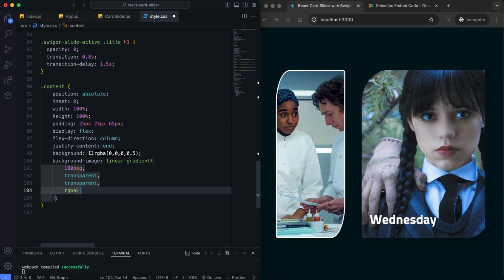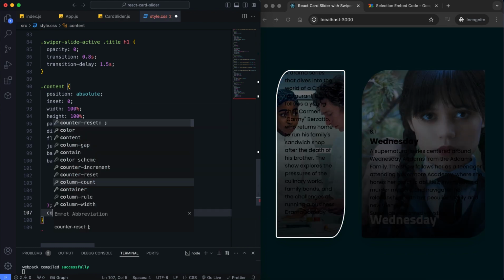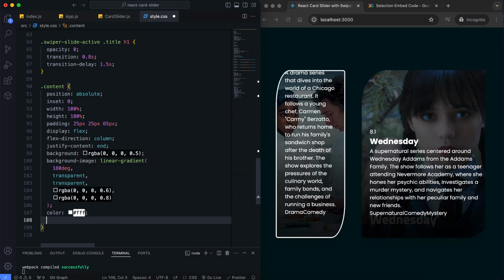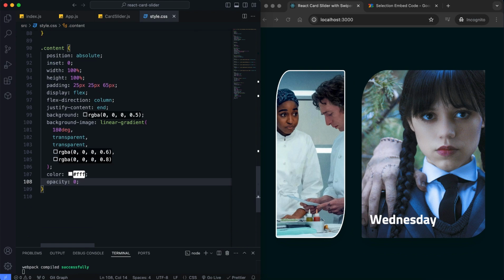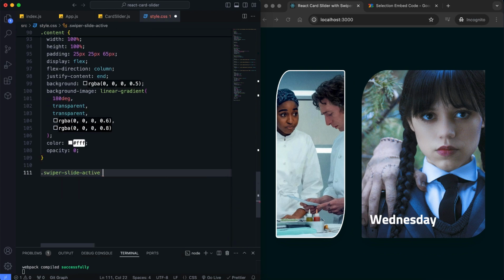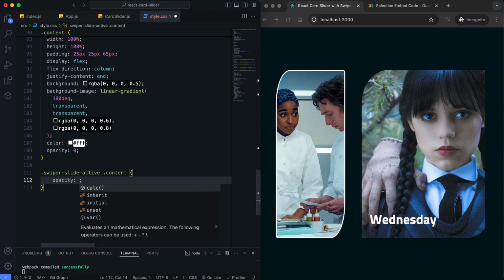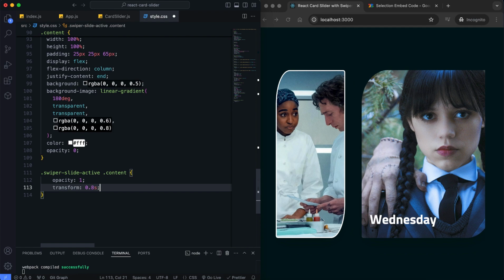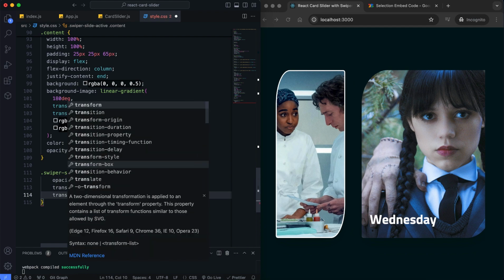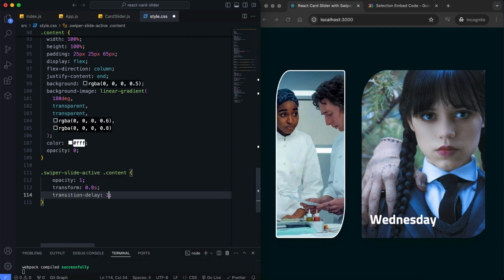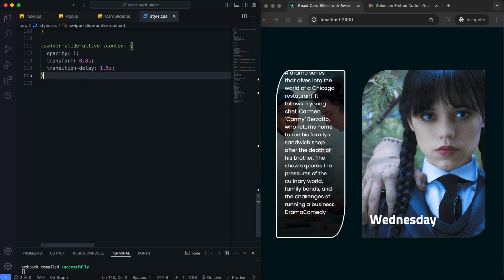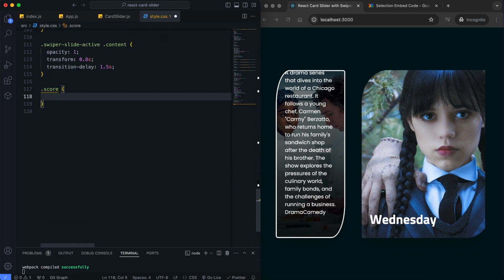So we can enhance the readability of text over the image. When a slide is active, the content becomes visible with a fade-in effect. The fade-in effect draws attention to the content, creating a smooth and engaging user experience.